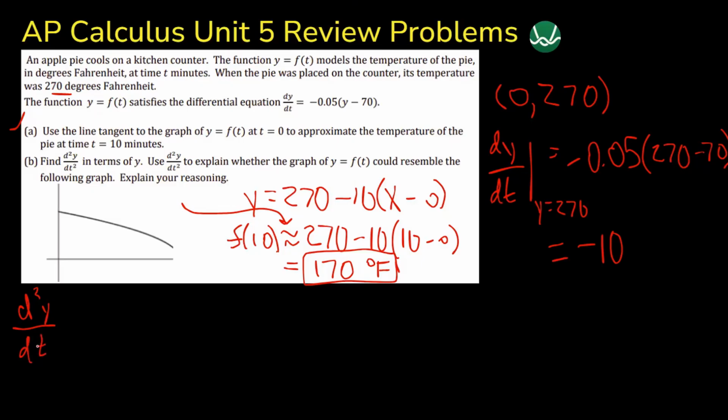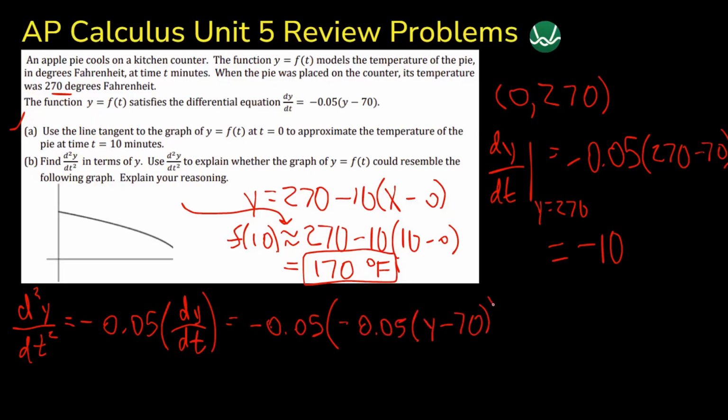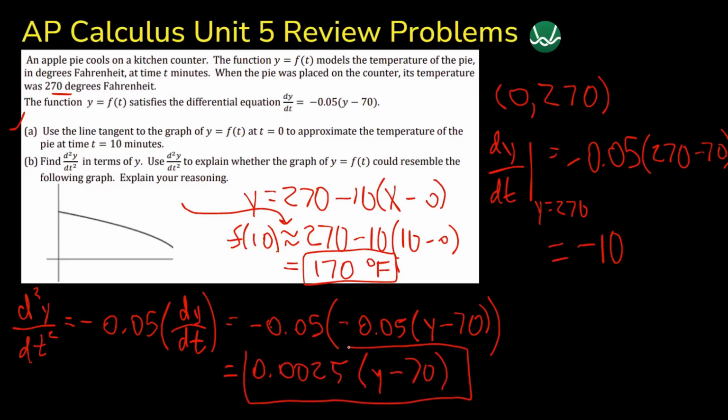So the second derivative, we're going to differentiate the first derivative. So we have a constant times the derivative of y minus 70, which would be dy dt. We could back substitute what dy dt is there, and then we could clean that up a little bit. So there's a second derivative in terms of y,